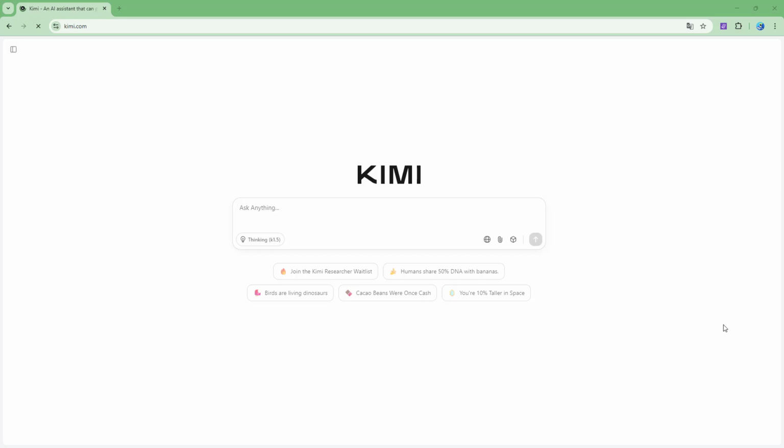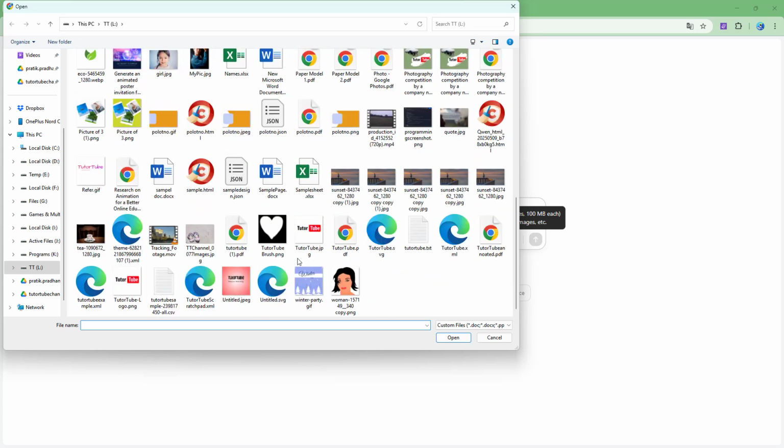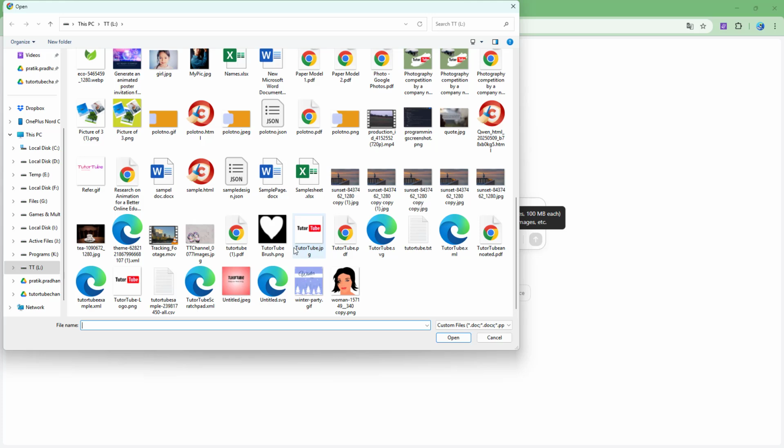So you may have some screenshots or pictures of programming code. In that case, you can go ahead and use Kimi to convert those screenshots to code as well. To do that, you can simply click on the file upload button right here. Once you do that, my Explorer window opens up, where I can select